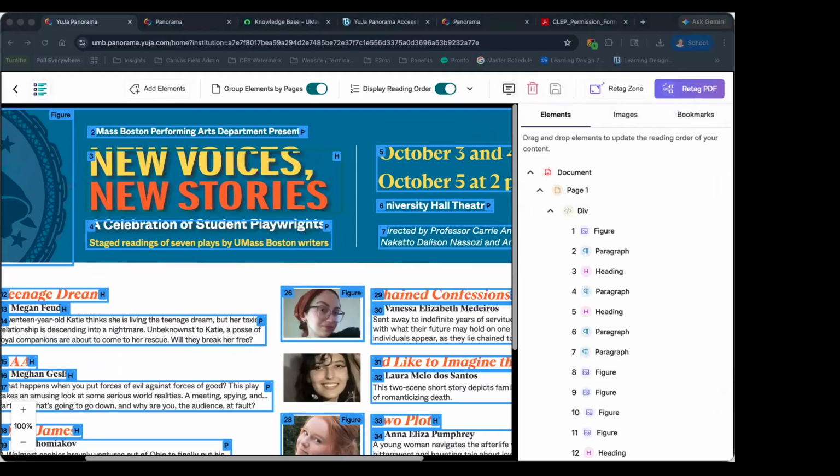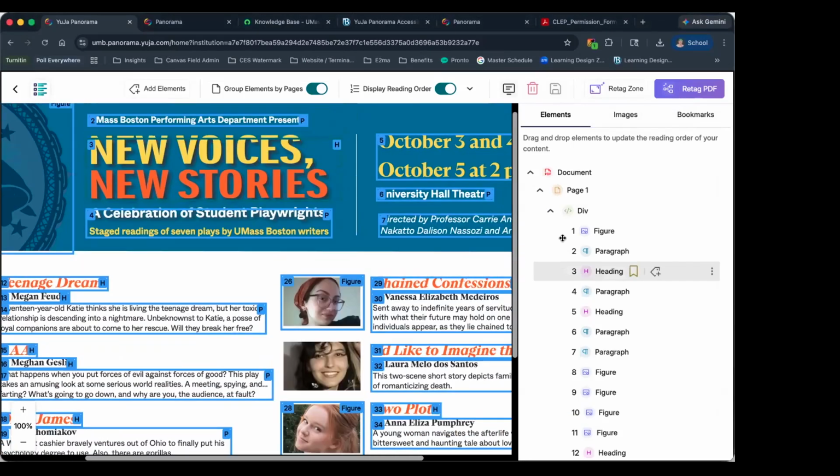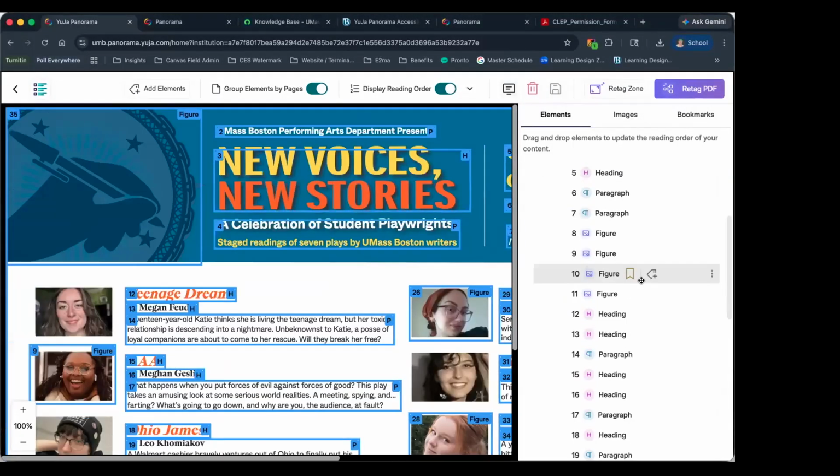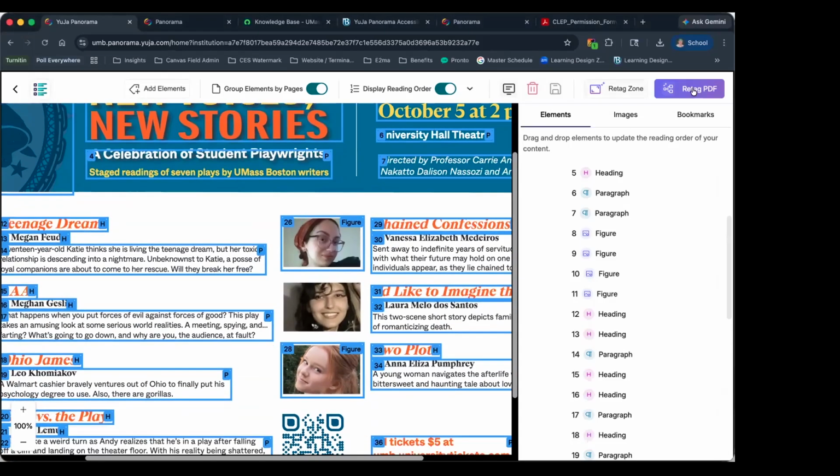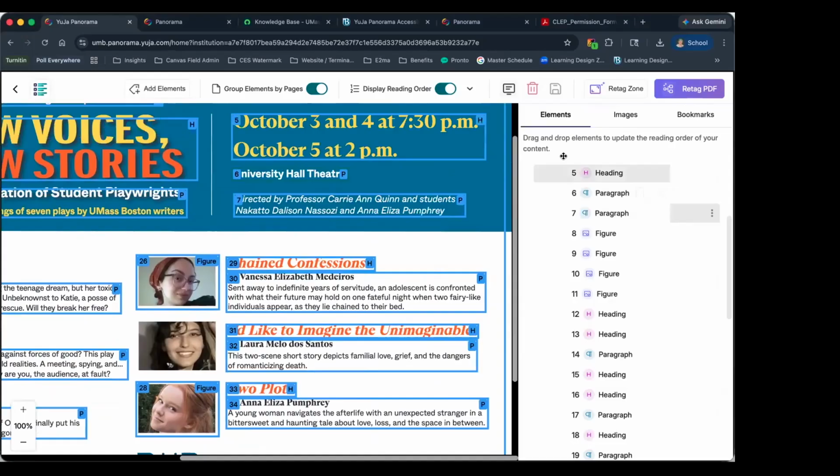It came in with a bunch of tags, likely from the program it was built in. So if this was built in Adobe InDesign or Photoshop, it's probably pulling those tags in from there. And those tags might be very difficult to work with. These are, I think, a lot clearer and there's less of the unnecessary tag nesting. So this is significantly improved. We still have some work we might need to do, but this is an example where retagging automatically can be really helpful.